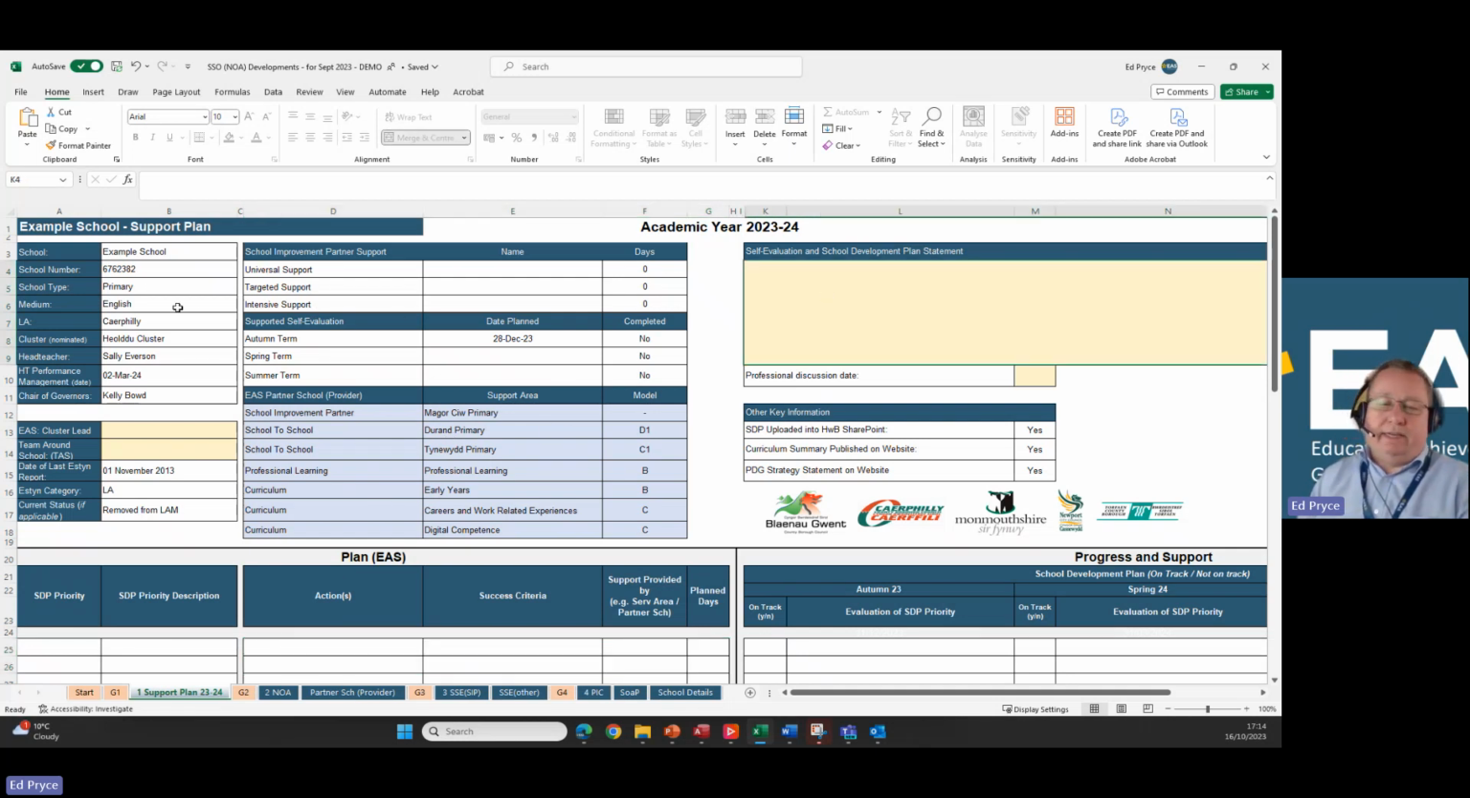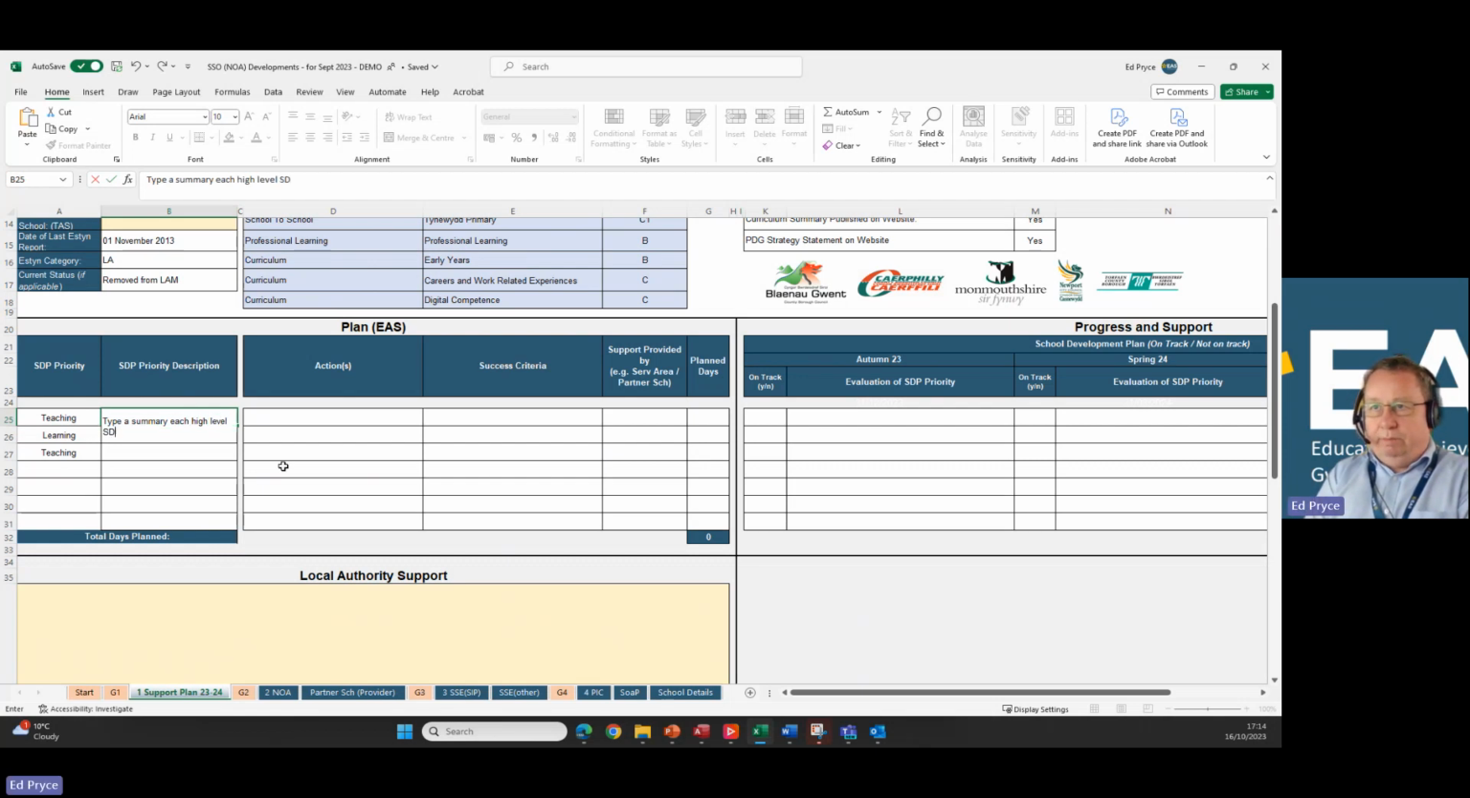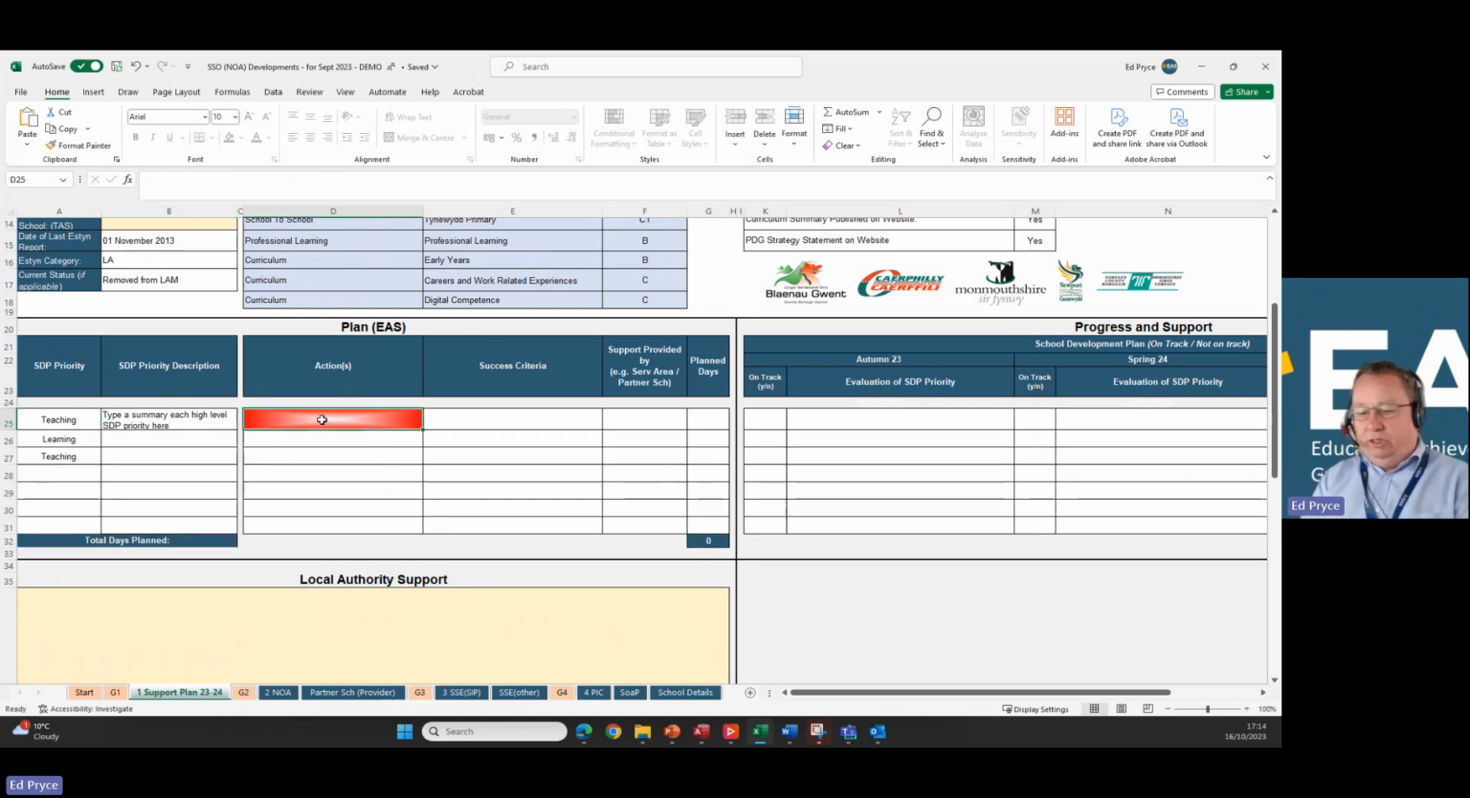You have had training sessions with other colleagues in the EAS on the elements to fill in, the self-evaluation and the plan itself. With the SDP priorities, we've increased the range from 5 to 7 because, on request, a number of schools have 7. You can type a summary of each high level SDP priority here. When you do, it will then ask for the actions that you're going to take, so the SIP will, the success criteria,